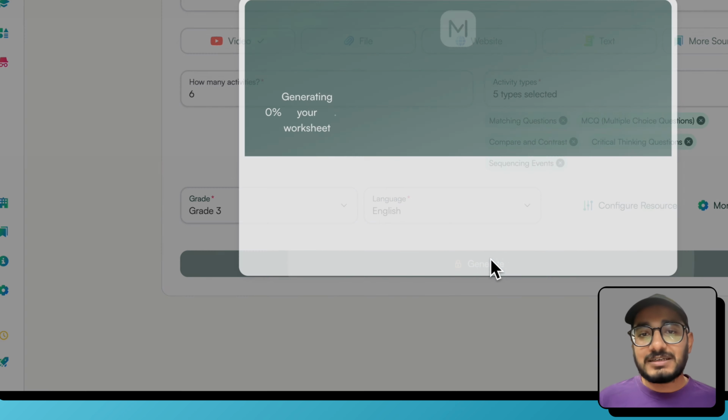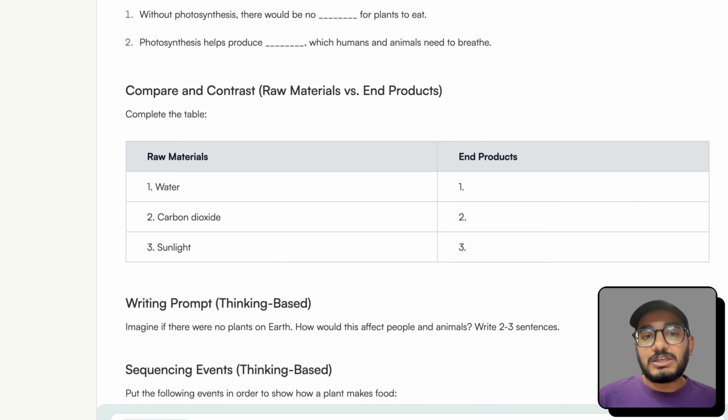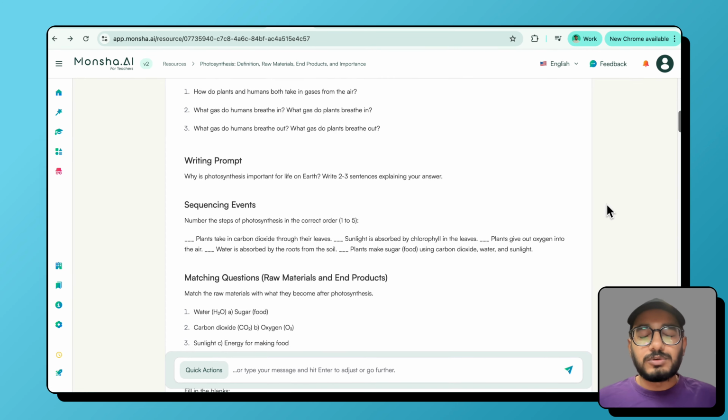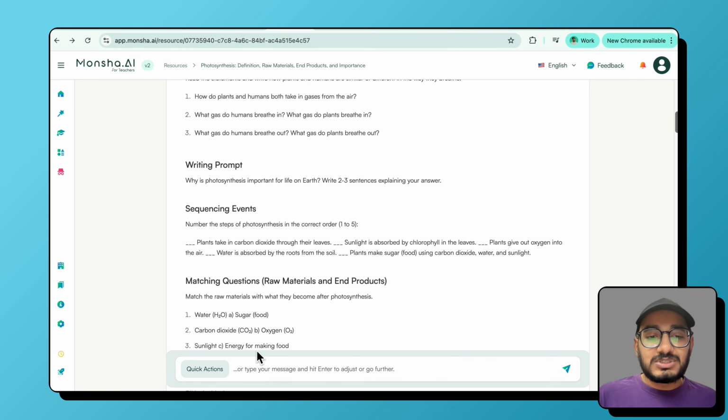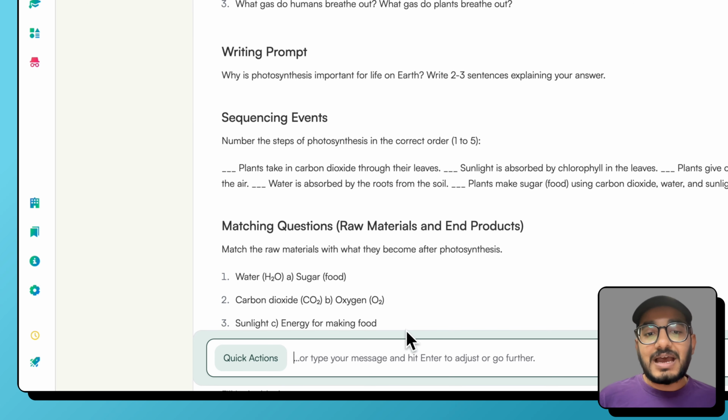Now this is the output. You see the matching questions, fill in the gaps, compare and contrast, sequencing events. Now maybe you feel like there should be more, like you should have more spacing, or you could use some visuals or images. So you see this option here where you can chat with this resource and ask your requirements